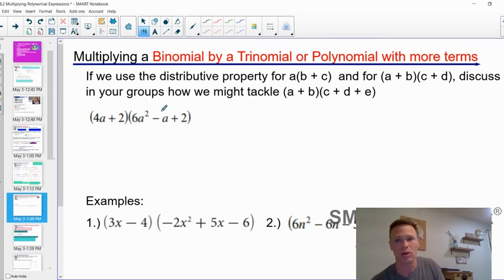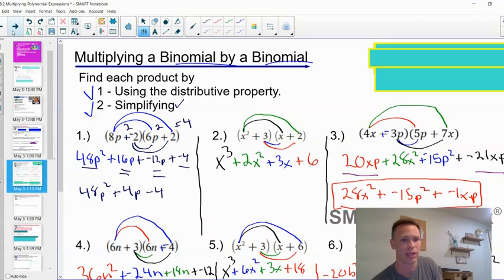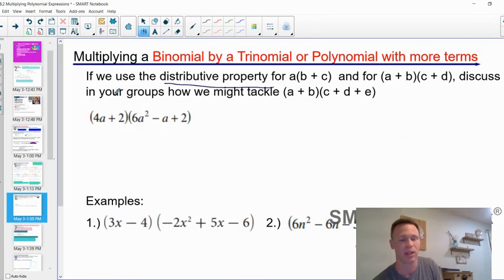And if we think about what's going to happen here, we're still going to be multiplying using the distributive property. It's just going to look slightly different. Now, in the last set of questions, if I have a binomial times a binomial, I have 2 terms times 2 terms. 2 times 2 is 4. If we follow that same logic, I have 2 terms here, but now I have 3 terms. So I should end up with 6 initial terms when I'm done. And we will. Let's see how that works.